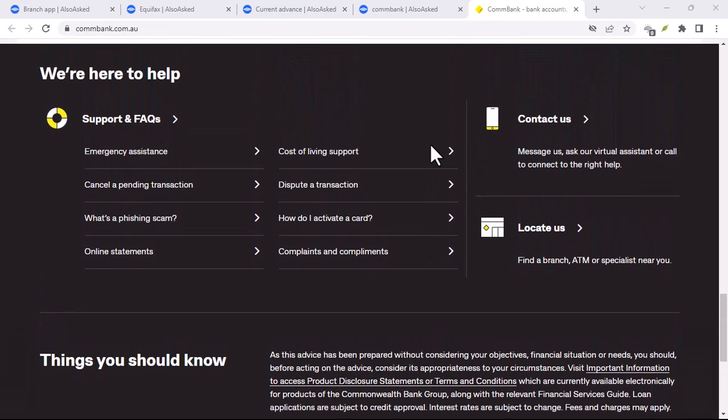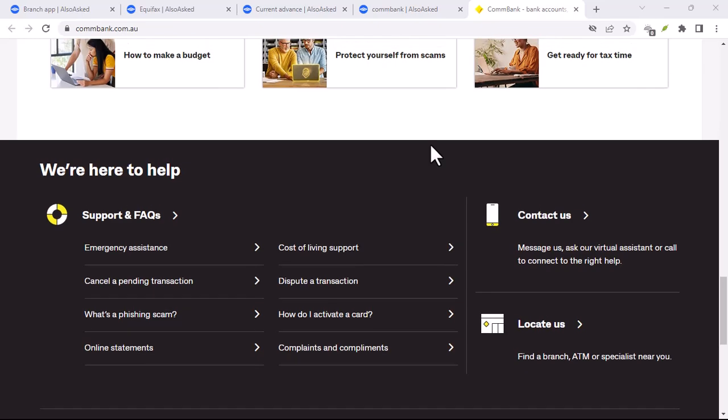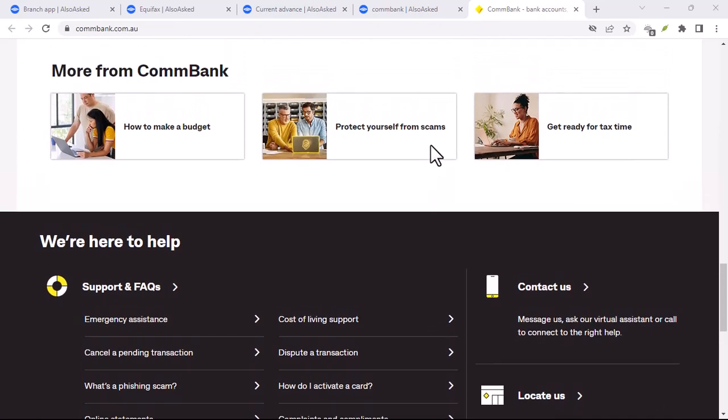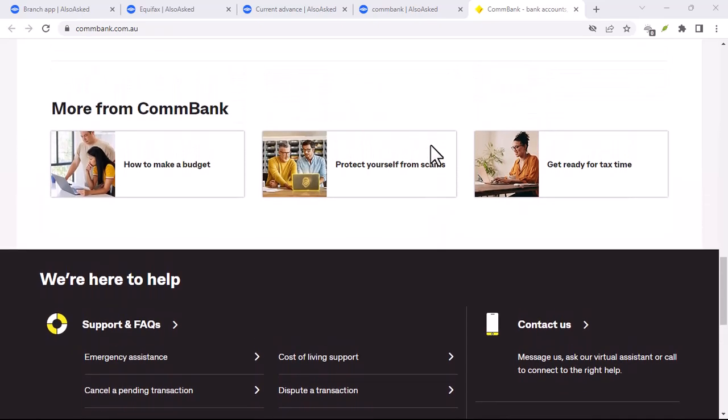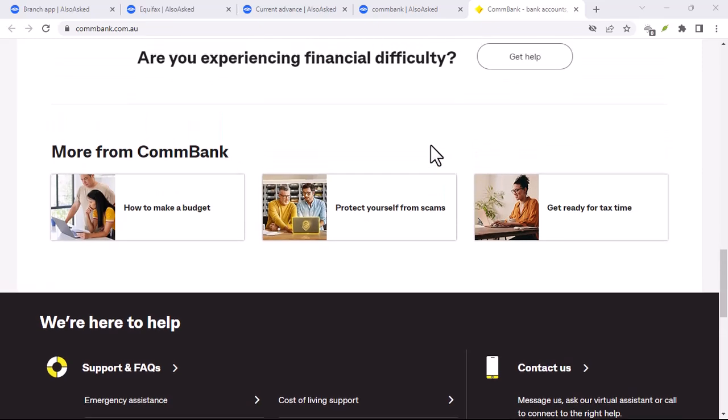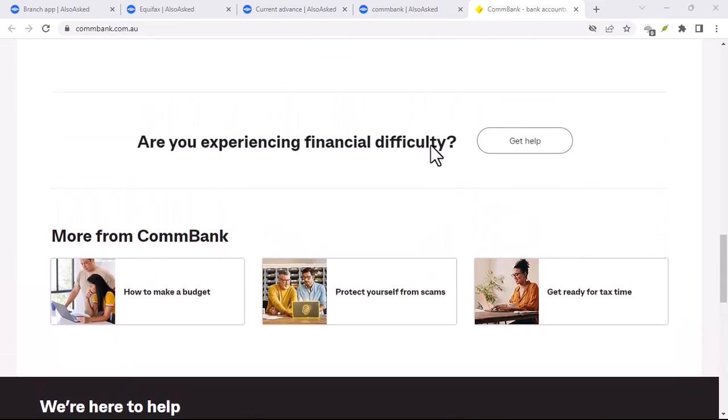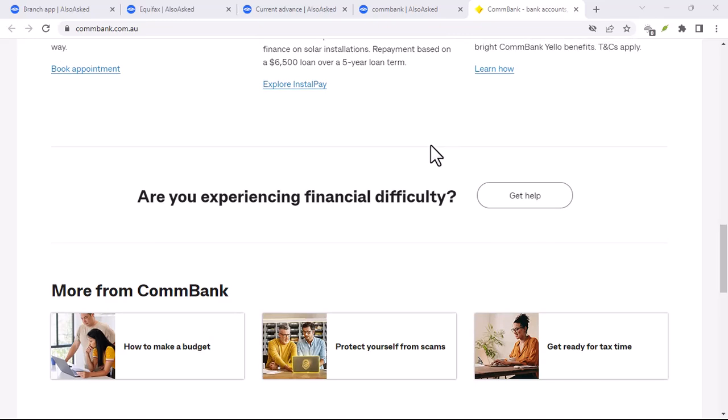Activating your Commbank travel insurance is a simple process that can provide you with valuable peace of mind during your travels. By following the steps outlined in this guide, you can ensure that you're adequately protected against unexpected events and enjoy your